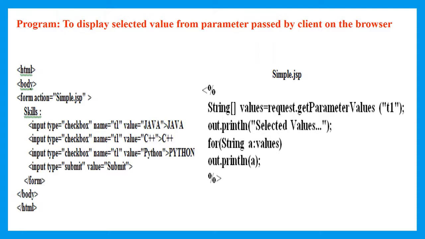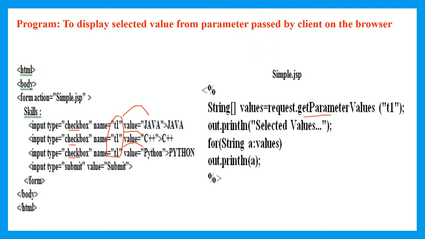The example is a checkbox. Here the HTML file has 3 input types, that is, 3 checkboxes have been created, and the name is given as T1. This is a common name having multiple values called Java, C++ and Python, where the user can select one of these values, or can select all of them. The HTML page is transferring the multiple values assigned to the same name. To read the multiple values assigned to the same parameter name, we make use of the getParameterValues method.